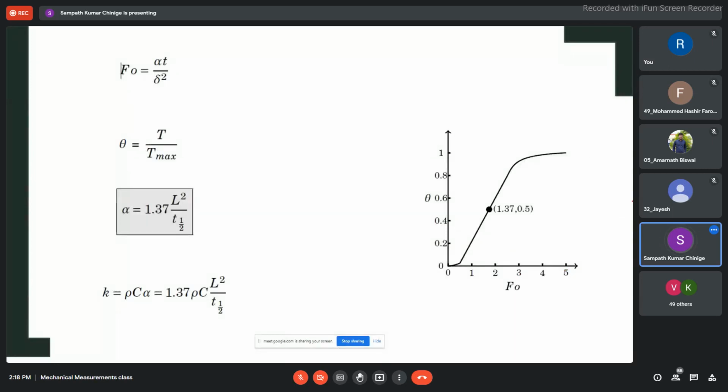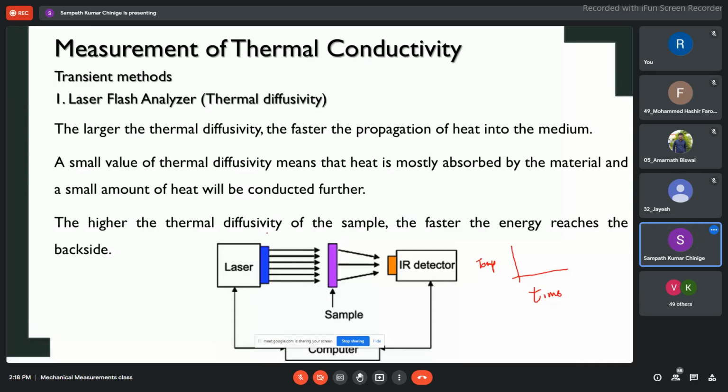But the simplest thing that we want to have is that in the form of an equation. How do we do that? So the non-dimensional time is defined like this, which is called the Fourier number. This may be new to you now, but later you will understand this. You have a Fourier number, which is given as alpha t by delta square. Alpha is the thermal diffusivity, t is the time, and delta means the thickness of the slab, this one. This is what we are taking as delta, the thickness of the slab.